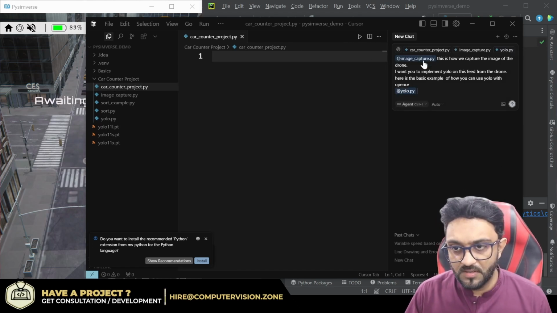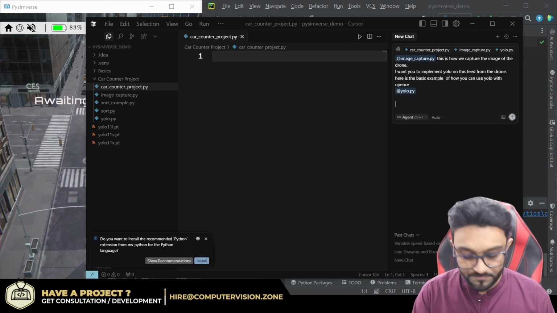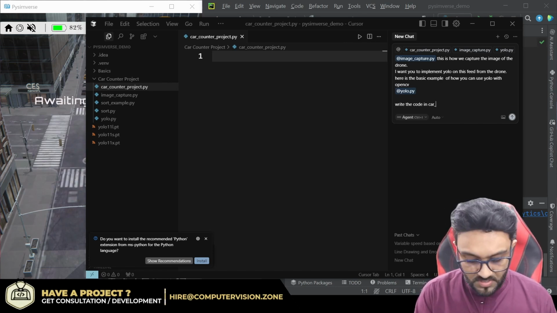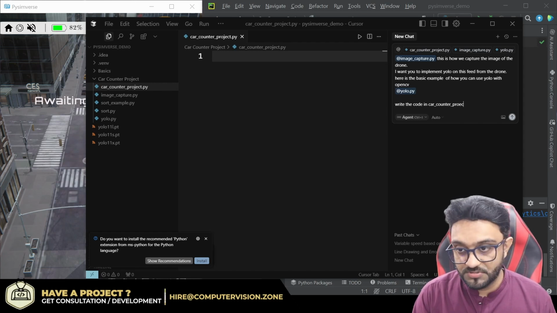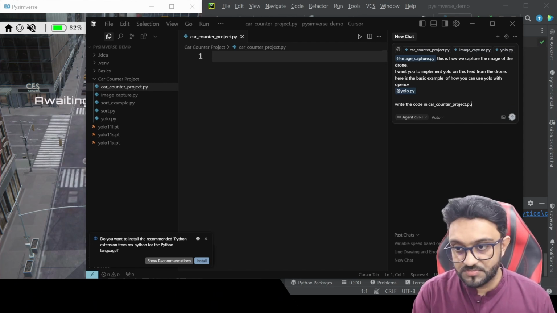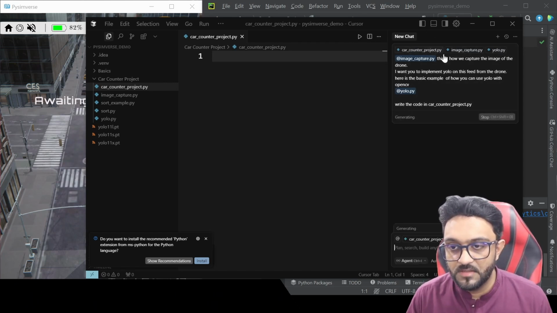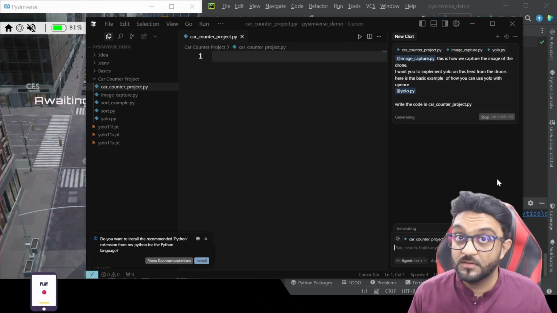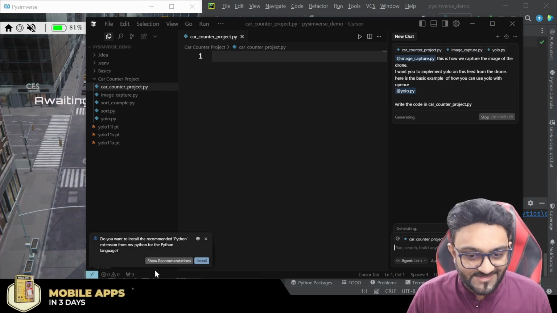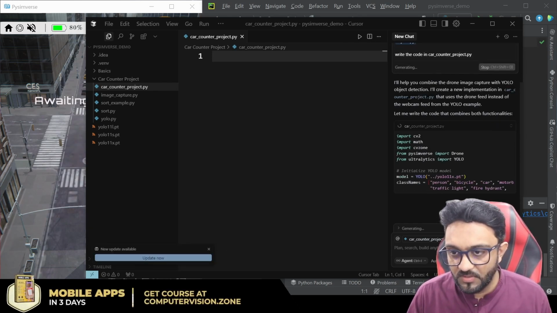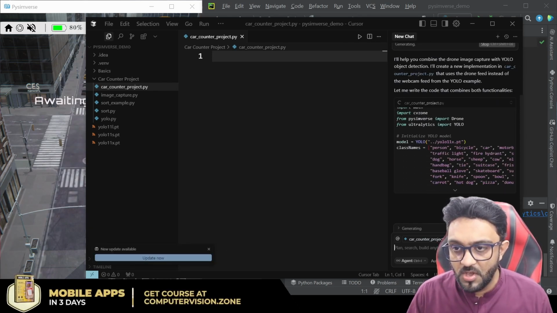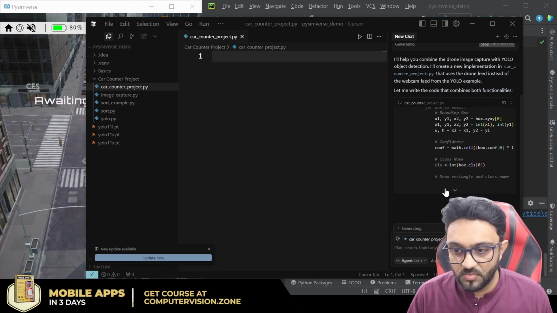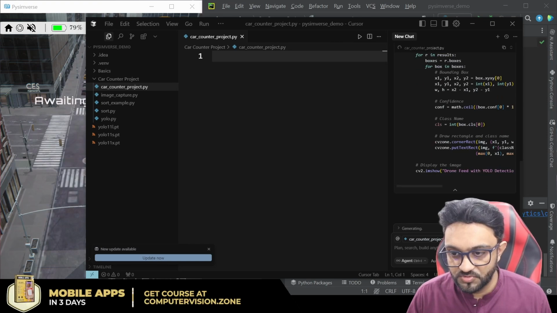So hopefully it will do something, and write the code in car_counter_project.py. There you go. So hopefully we are going to get something good. Time will tell. Okay, so it says it will help combine drone image capture with YOLO object detection and create a new implementation. We are waiting for it to finish,